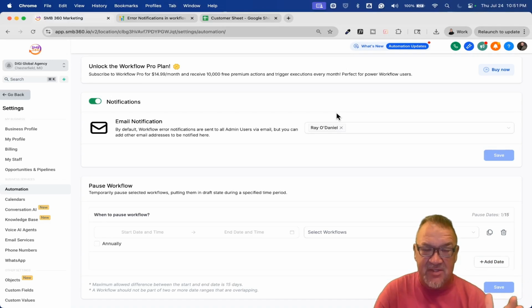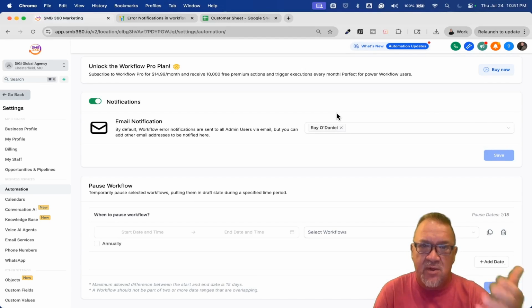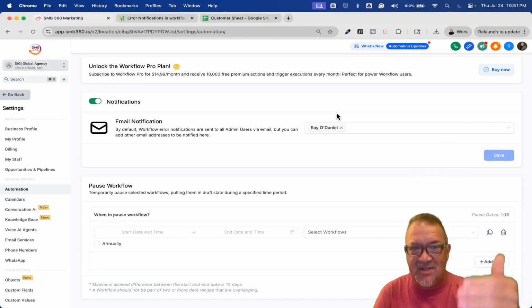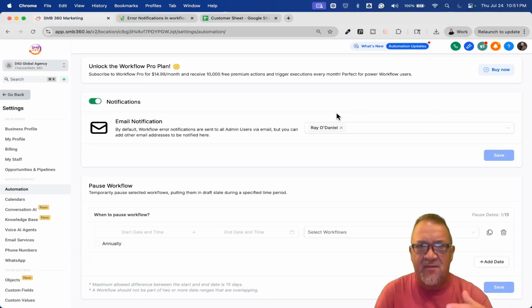It's like a big group email saying, hey, workflow error happened on this particular sub account. So that would allow you to be more proactive, where you're getting an email and then your staff can address it right away versus having to go in and look through workflow logs and things like that, trying to see if there's any errors. So anyway,